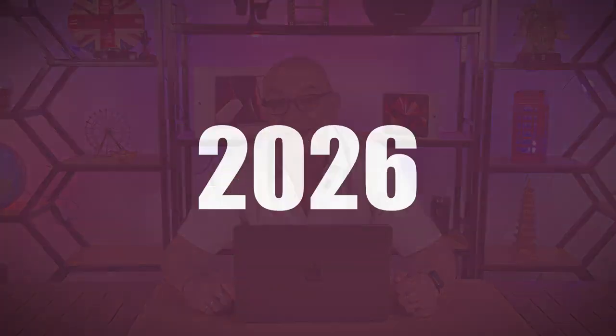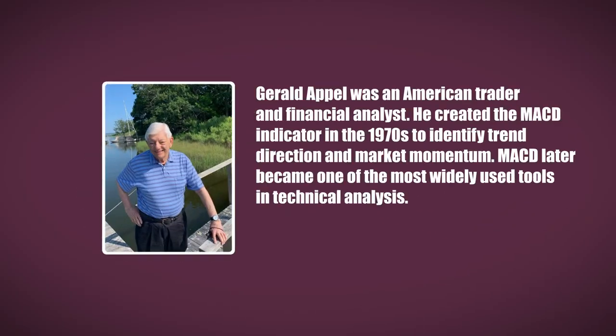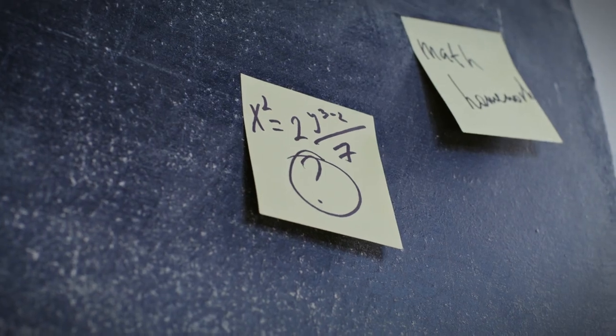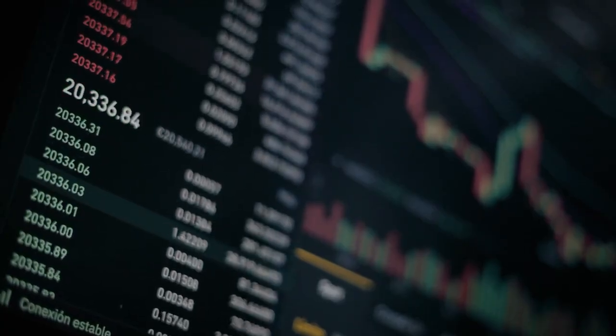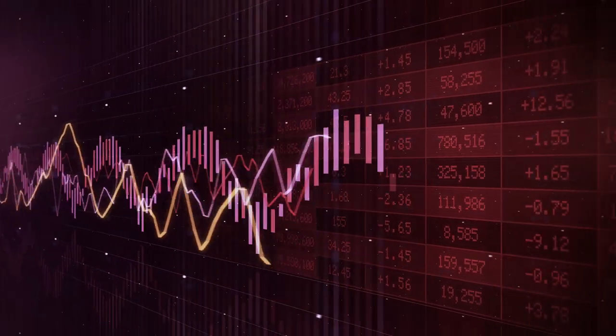But first, I'd like to share a bit of history about this indicator. It was created in the late 1970s by Gerald Appel, who wasn't a billionaire or a Wall Street legend, but an ordinary person. He was passionate about mathematics, observed the markets and tried to find a way to simplify the understanding of the price movements. Gerald experimented with combinations of moving averages and determined the crossover of two moving averages with different periods could signal a trend change. And that's how the MACD was born, a tool that helps see when the market might be